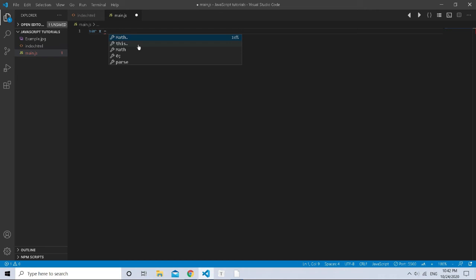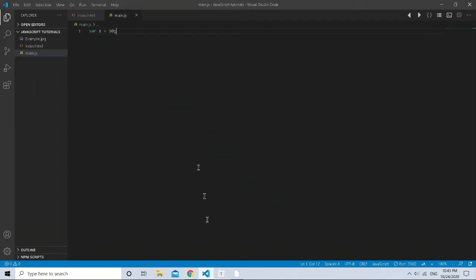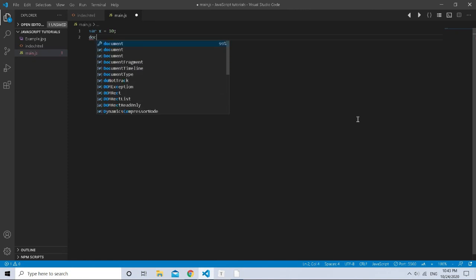In this case it was number 10. So this is the assignment sign. Using this sign we can assign the variable a value. Okay, I had deleted the code, so let me write it again.